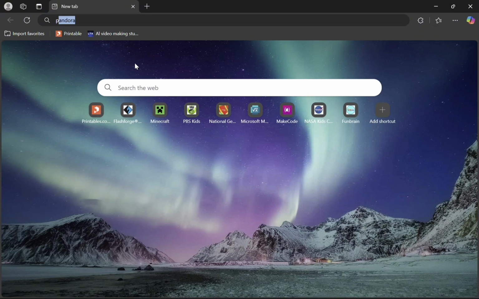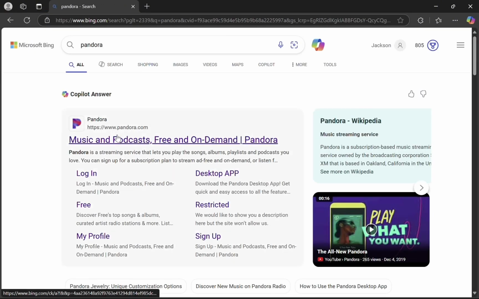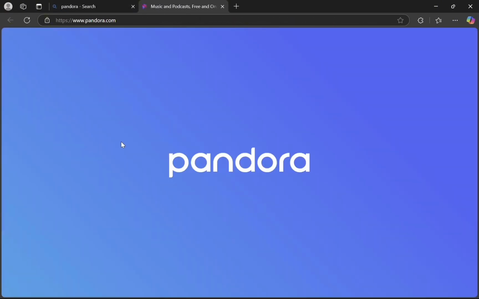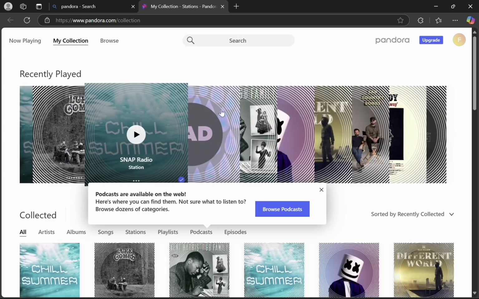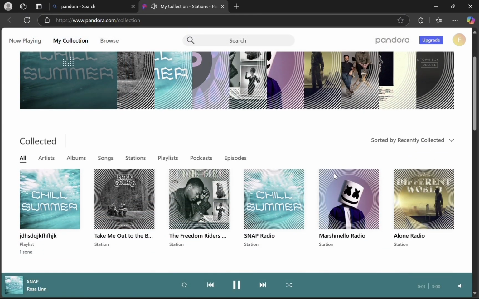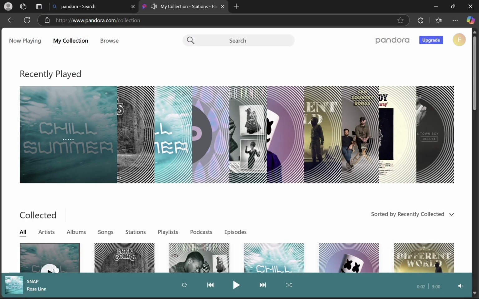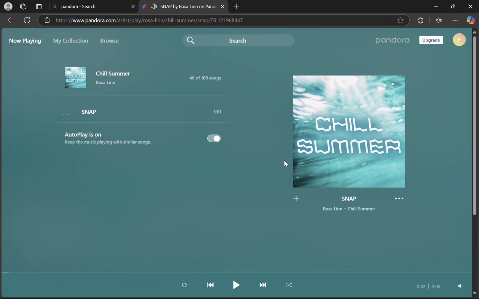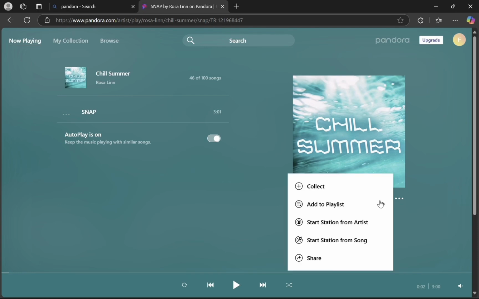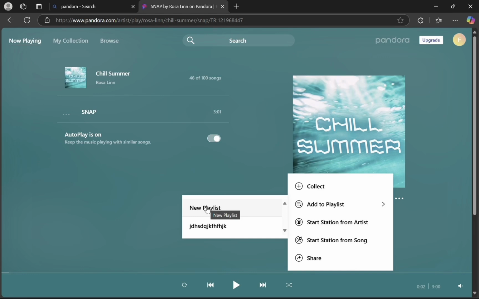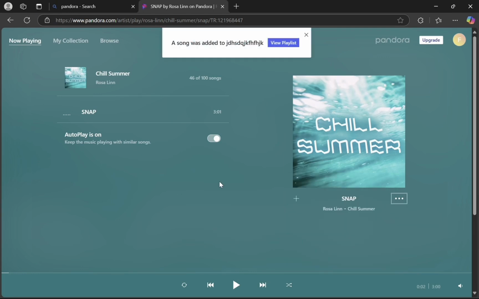This is how you do it. Just get on your Edge or Google or whatever, put Pandora in, and then next, just gotta see if I have to watch an ad to watch. Nope. Okay, then you gotta click on your song, then get on it, and then hit add to playlist, and then new playlist right here, or just a playlist you already have, and then you add more songs to it.